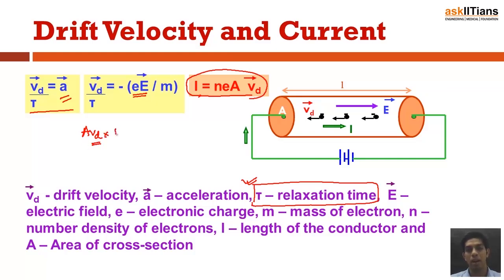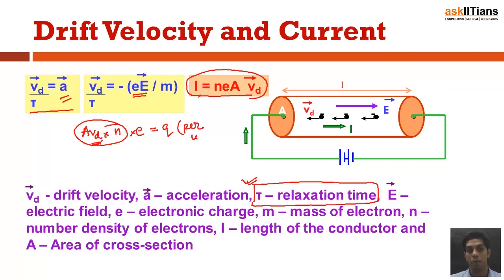Multiply this by the number of electrons per unit volume, and I get the number of electrons per unit volume. Multiplied by the volume, it gives me the number of electrons in that particular volume. Multiplying it by the unit charge that an electron carries gives me the total amount of charge which flows across a cross section